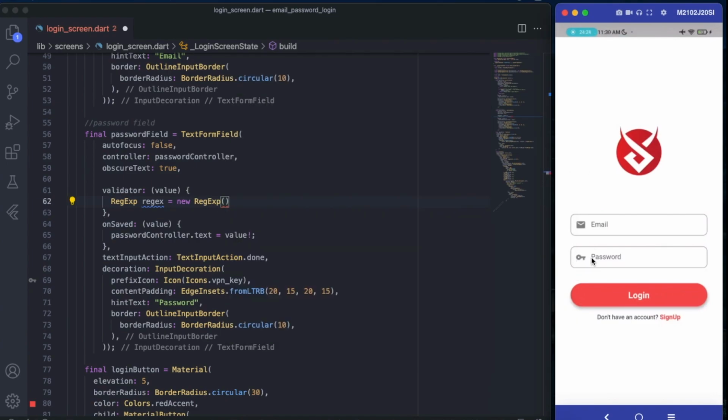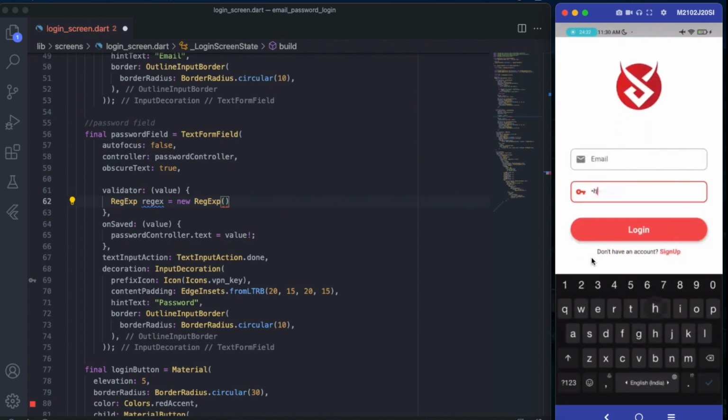As you've seen in the showcase of the tutorial, there will be a validation for entering the number of characters. Minimum 6 characters are required for Firebase to create an account with email and password. So we'll be creating a regex expression in which we will ask our user to enter a minimum value of, let's say, 6. So how can you do that? We'll go here, we will type this thing,